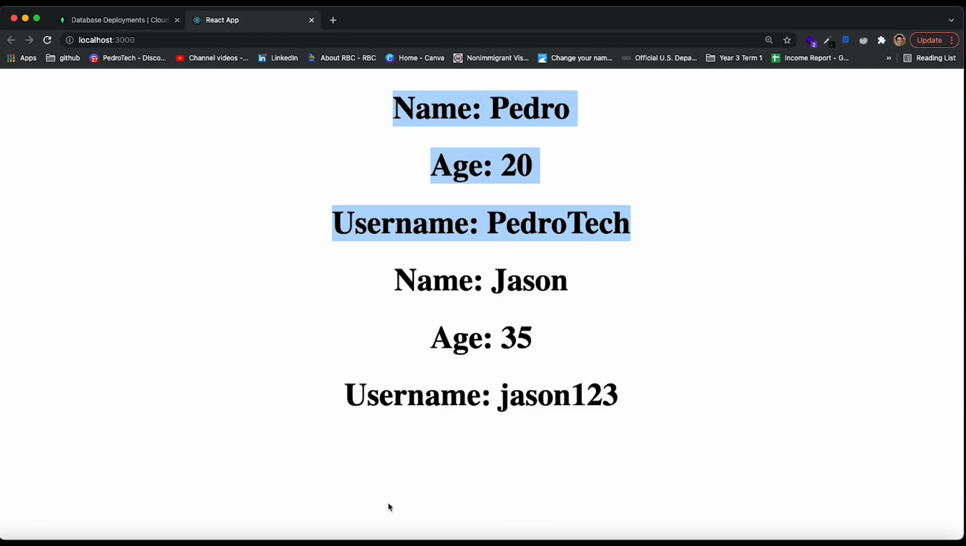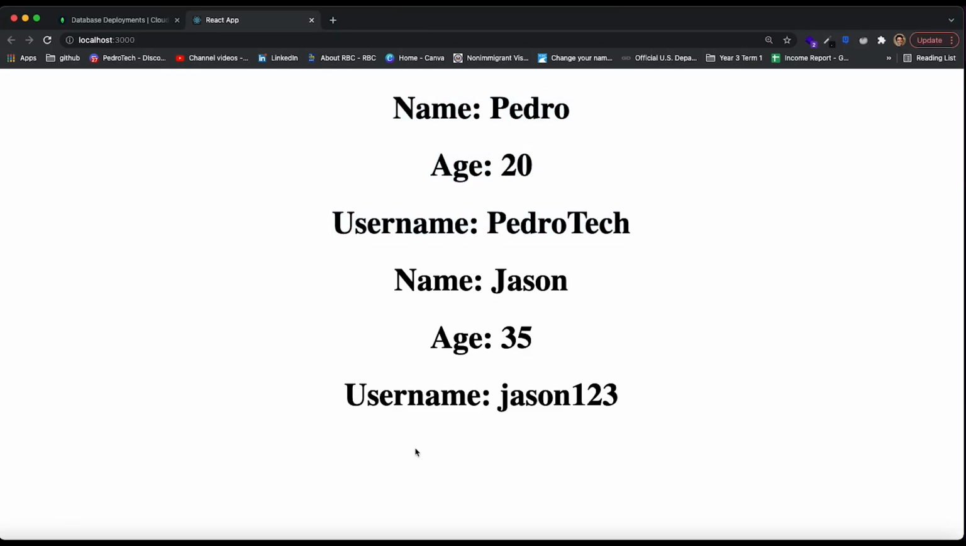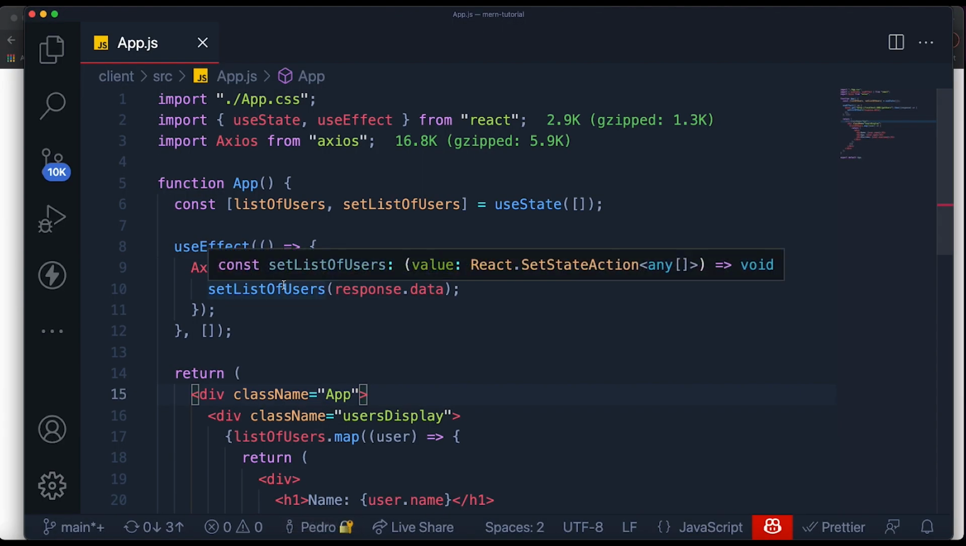Now, this is the basics of making a GET request. But how would we make a POST request? Because we want to send data from our frontend to our backend to create a new user. How can we do that? Well,